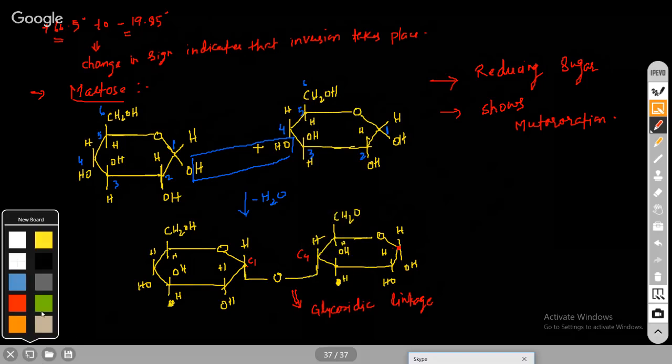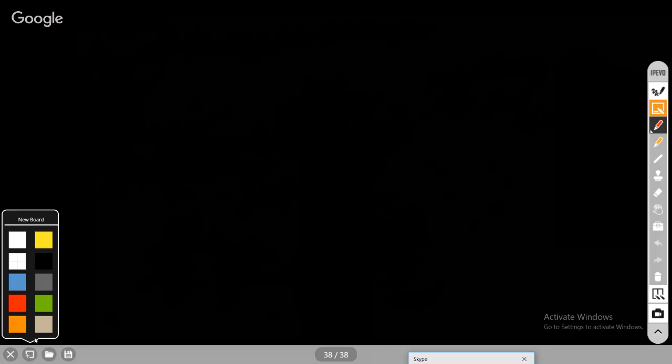Third one is lactose. What is the monosaccharides of lactose? Glucose and galactose, right? Glucose is common in all. When you write down lactose, lac means galactose there will be, right? So write down, it is obtained by the condensation of